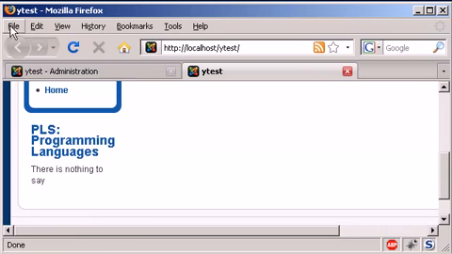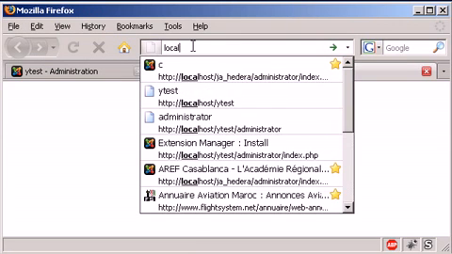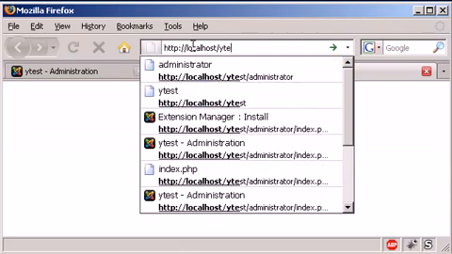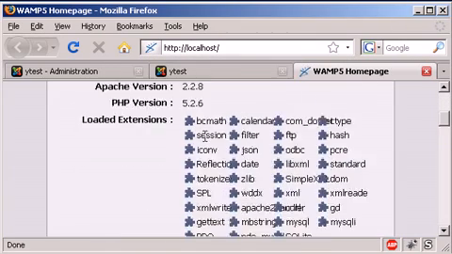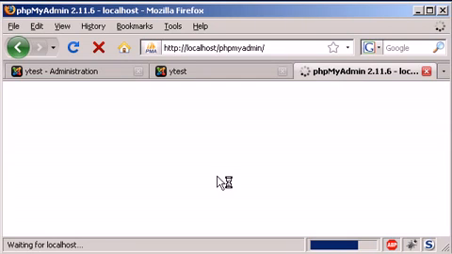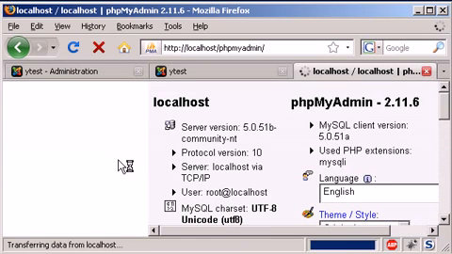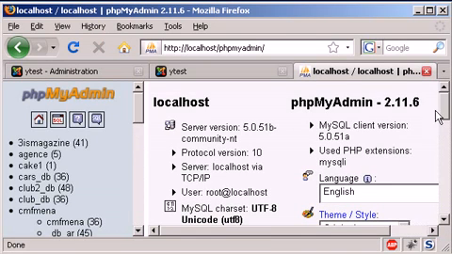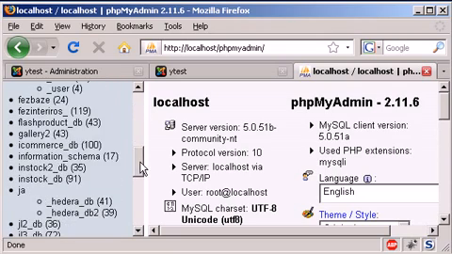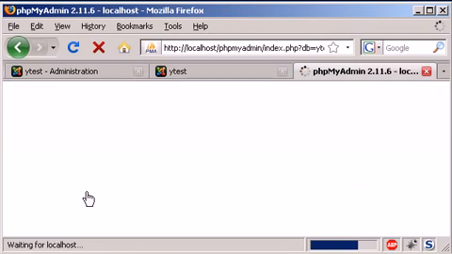Because we didn't install the table. So let's go to localhost and execute phpMyAdmin. I think it's the code for the prior. It's 12. Okay, anyway, so let's go to the test database